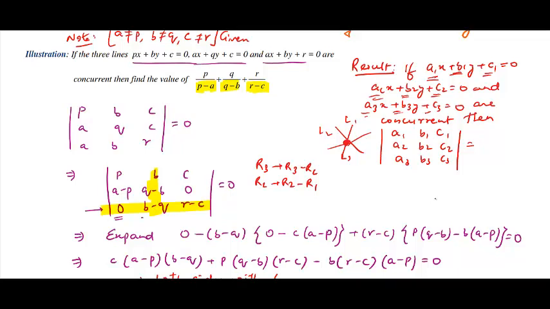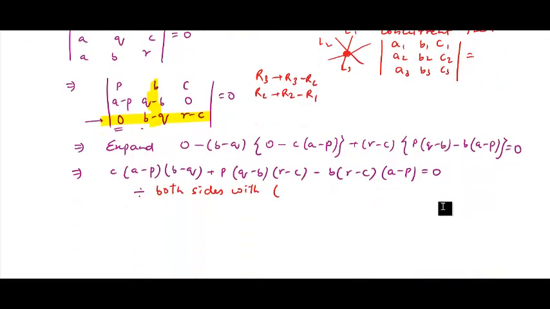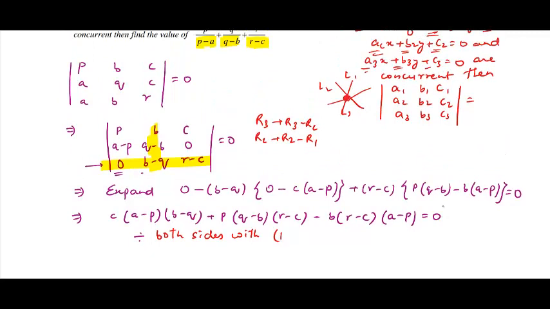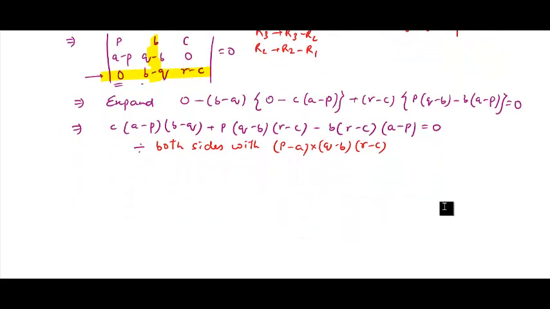So we divide both sides by the same quantity, that is, p minus a into q minus b into r minus c. As a result of this we get c into a minus p, b minus q upon p minus a, q minus b, r minus c